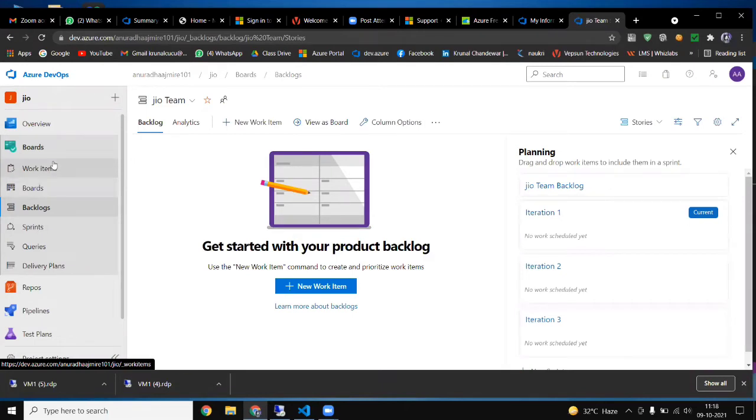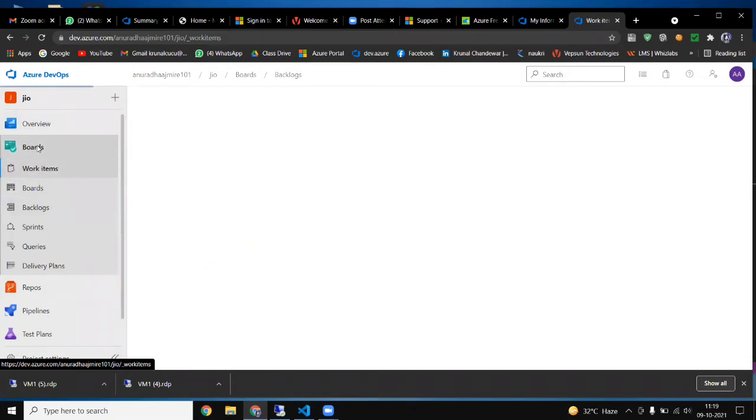We can plan the things that are assigned to people who will be working on it. Boards we are using for our documentation, you can say, or whatever plans we have related to our project. Whatever documentation we are doing, everything we place in this board.